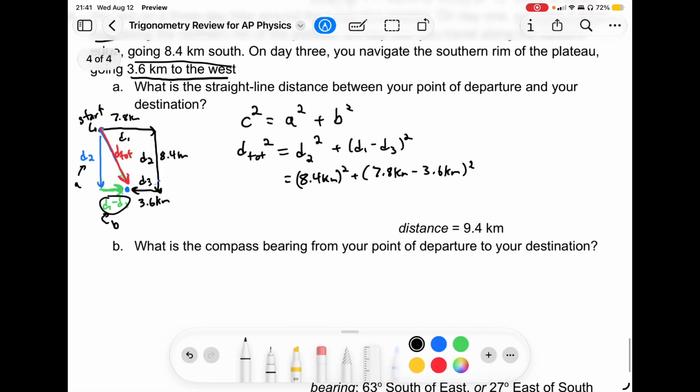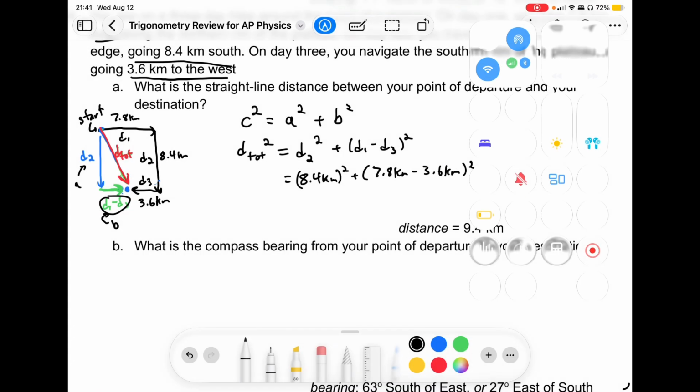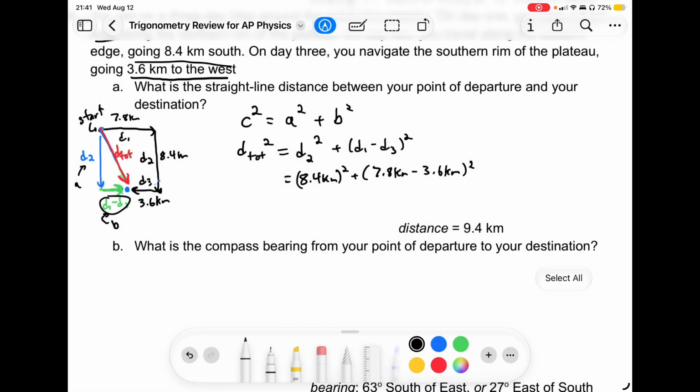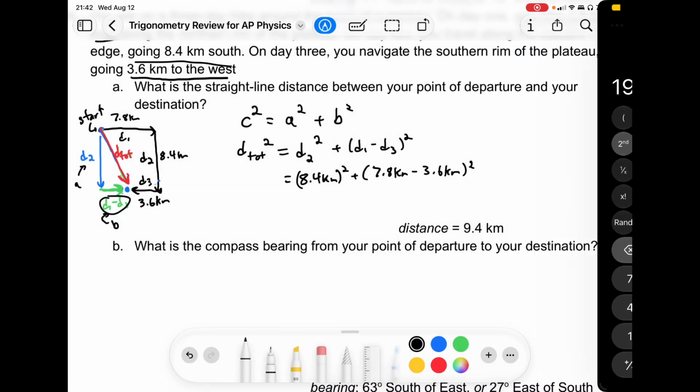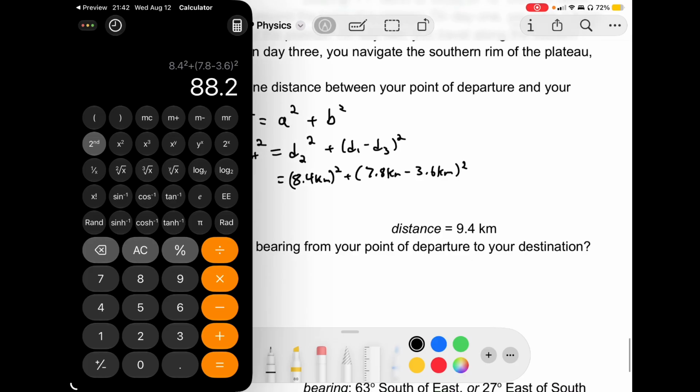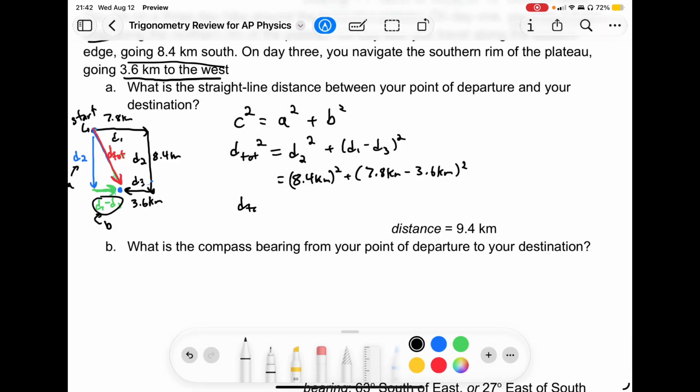So let's plug this into our calculator. So we've got 8.4, we're going to square that, plus, in parentheses, so that we do the subtraction first, 7.8 minus 3.6, and then outside of the parentheses, we will square what's inside. So we get 88.2. So our D total squared equals